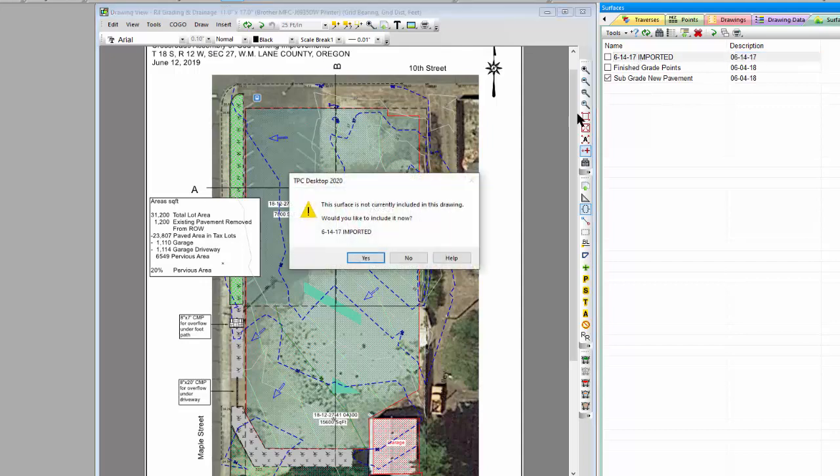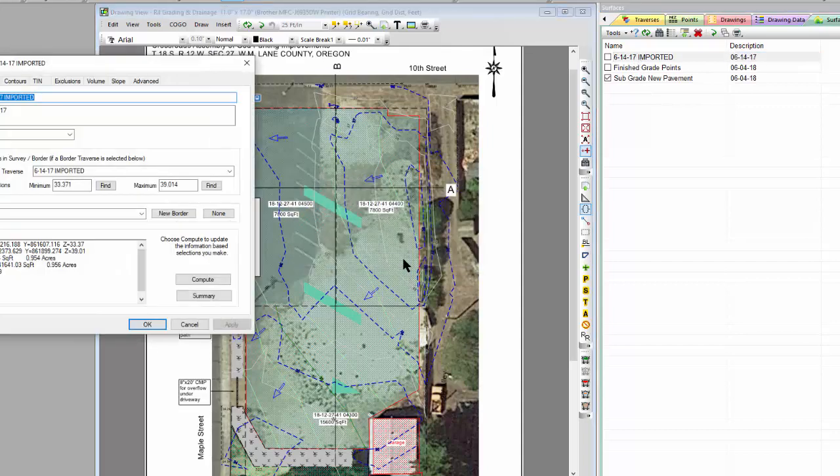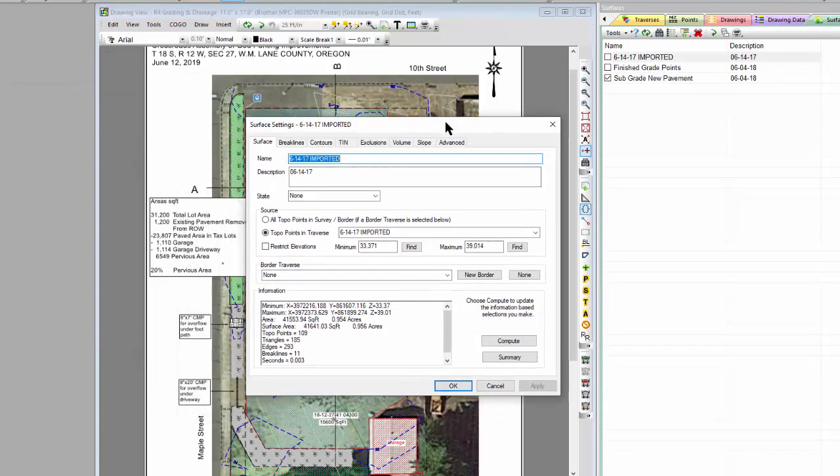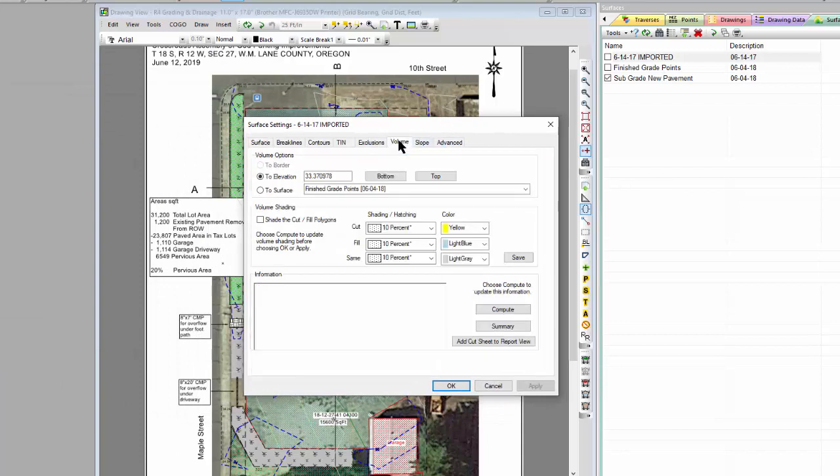I'm going to open my original ground surface, and it's just asking me if I want to display it because I don't have it turned on. And I'm going to choose the volume button, and I see there are three options for volumes. I can do the volume to a border, and that's great for a stockpile of rock or a pile of chips where I just want to get the volume of the pile. I can go to an elevation, or I can go to a surface, and that's what I want. And all I have to do is select the surface. So I'm going to go from my original ground to my subgrade. It's that simple. I compute it now,